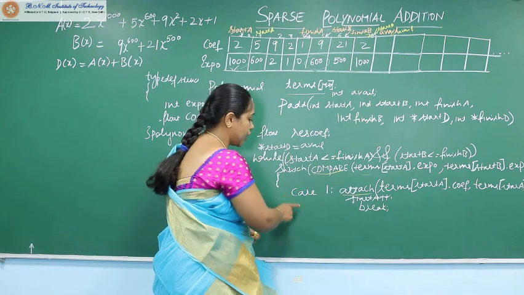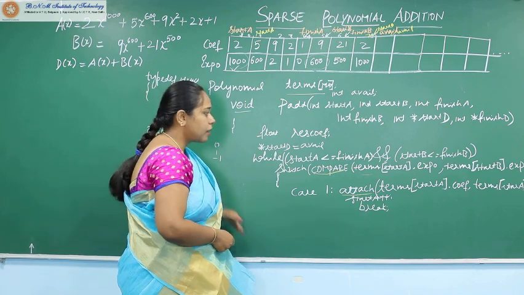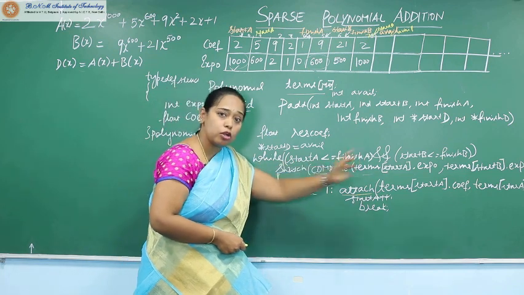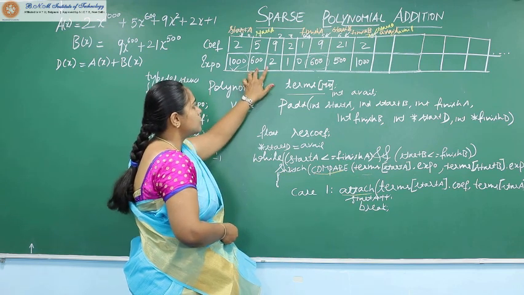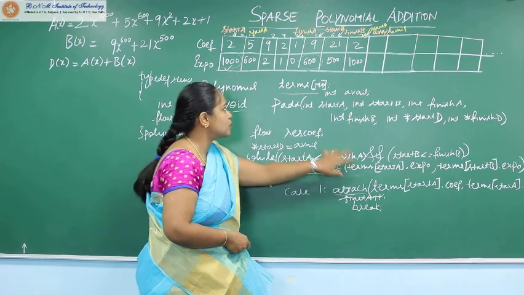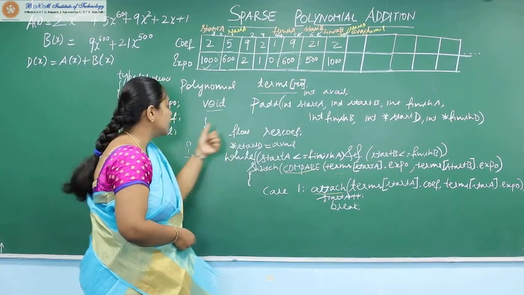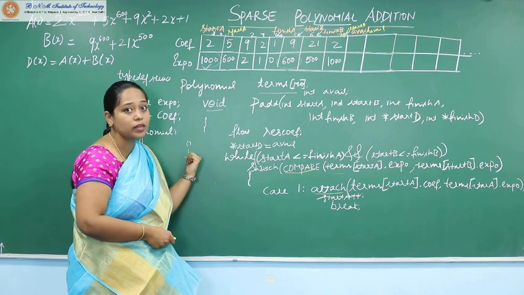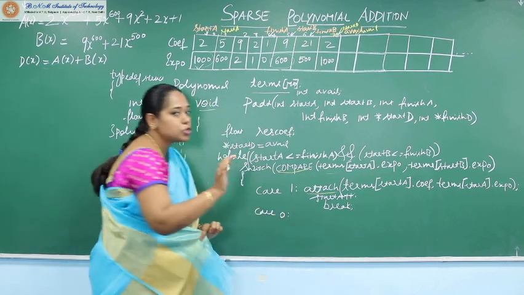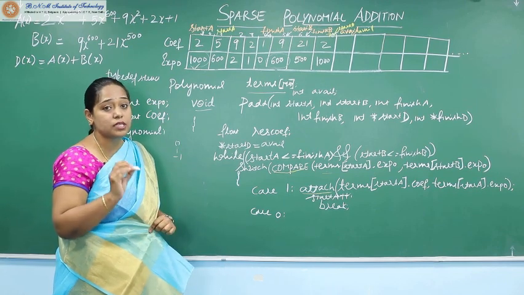Now we know at the end of case 1, in our scenario, where start A and avail are. Next, again, our condition keeps on repeating so long as start A is less than or equal to finish A, yes, and start B is also less than or equal to finish B. Now the comparison again, because we are calling the compare macro or the compare function, is between the two exponents, which are 600 and 600. When you compare 600 and 600, the case is not 1, the case is not minus 1, but the case is 0. So it is case 0. What does case 0 actually mean? The two exponents are equal. When the two exponents are equal, that is a matching term, and we can compute the sum of the coefficients.